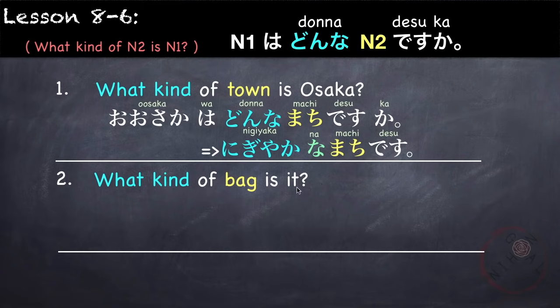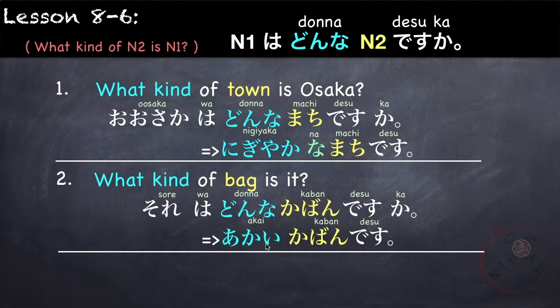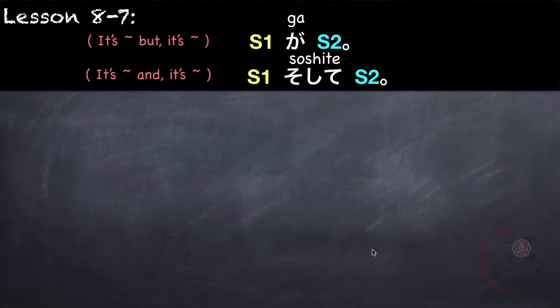What kind of bag is it? So our topic is it, or それは or that. それは What kind of bag? どんなカバンですか? それはどんなカバンですか? If you want to say it's a red bag, red is 赤い。Red bag 赤いカバンです。それは赤いカバンです。